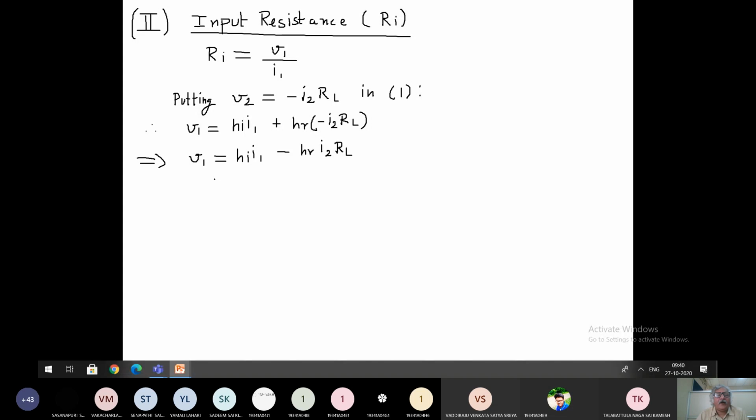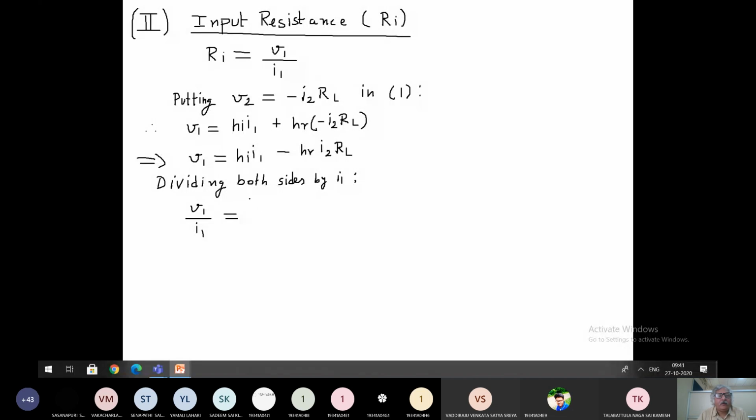So what I will do, I will divide both sides by I1. So we will get V1 by I1